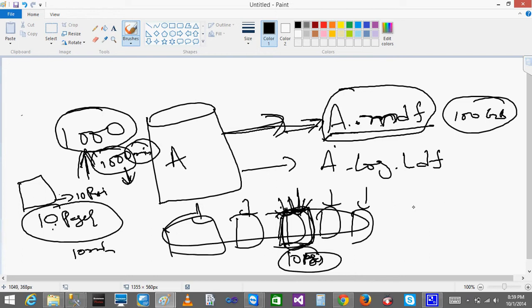Or else I can give a simple example. Let's say I have three boxes: a first box, a second box, and a third box. The first box has red balls, the second box has blue balls, and the third box has green balls.